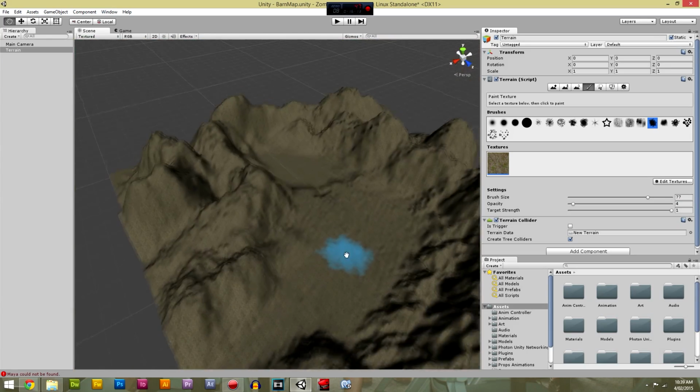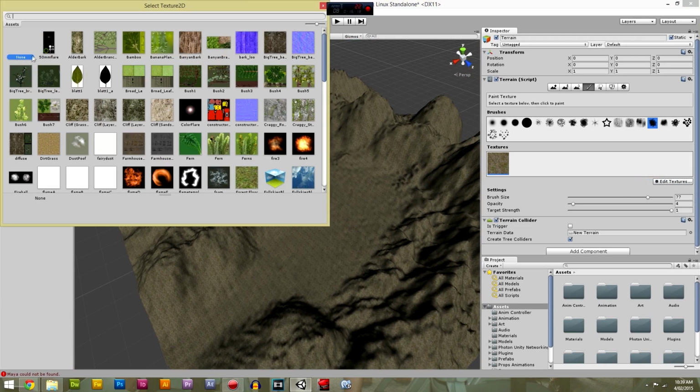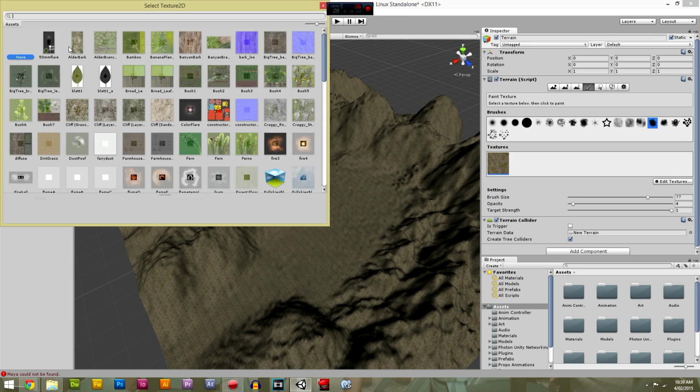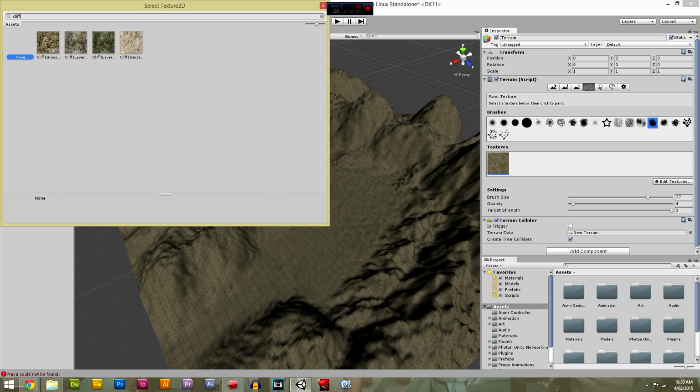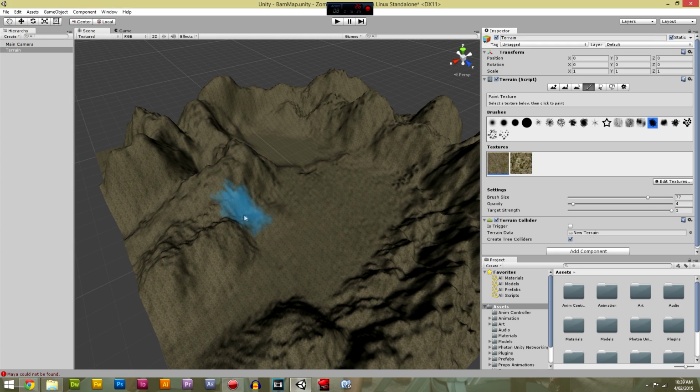Then what we'll want to do is add a texture, set grass, cliff grassy, laid rock, sandstone. Okay, grassy, 3 by 3, add, and we'll paint this one on